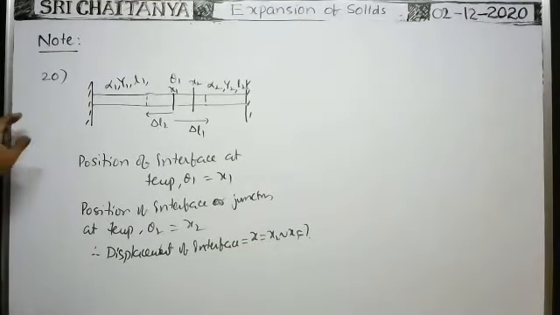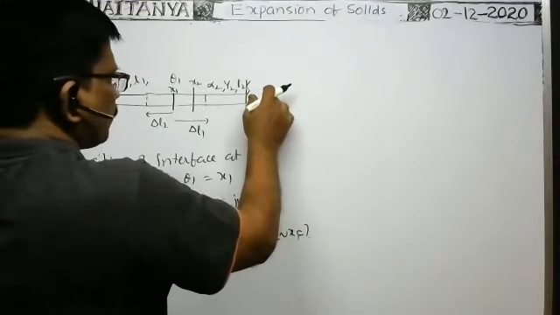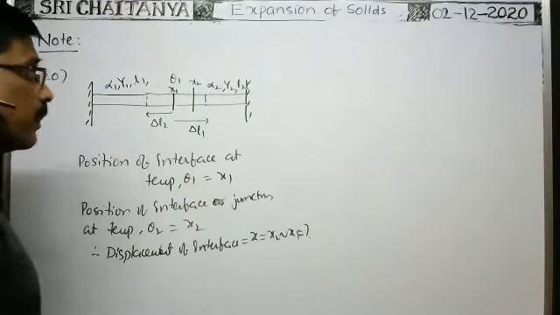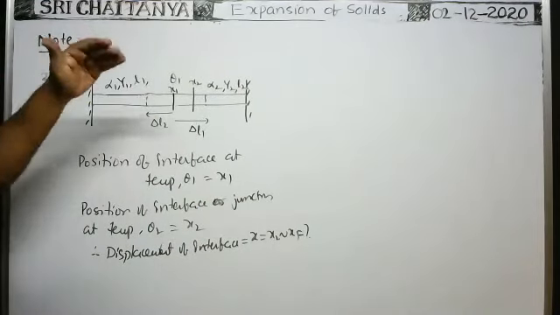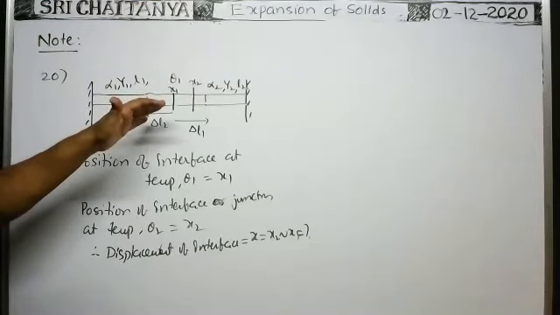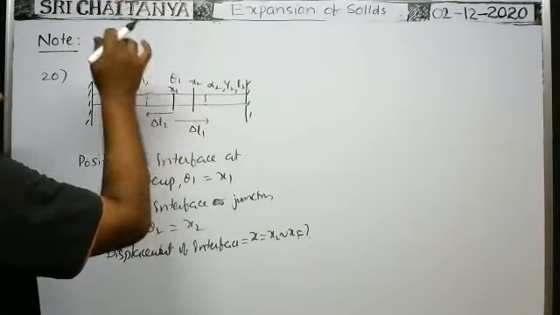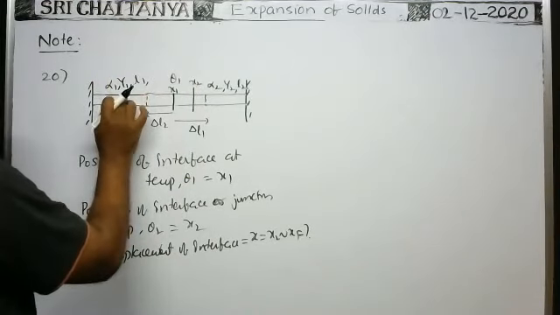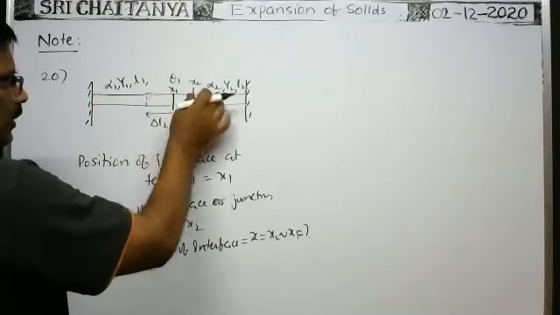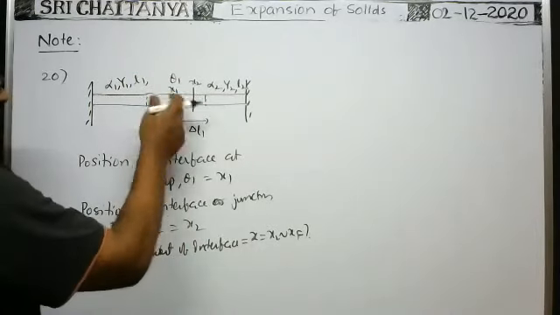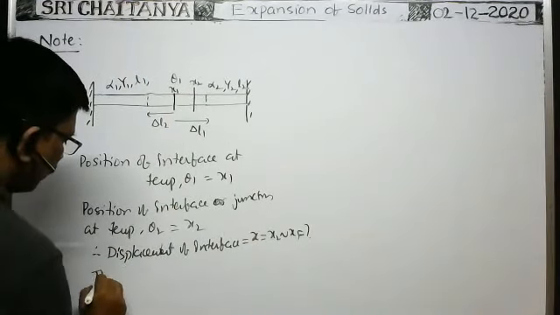Moreover, whenever the composite rod is heated, expansion takes place. But that expansion is compressed by these rigid supports. That's why in both the rods some tension is developed, which is called the thermal force. As these two rods are in series, because they are connected end to end, the same thermal force is developed here and the same thermal force is developed here. That's why the thermal forces developed in the two rods are the same. As the areas of cross section are also the same, the thermal stresses are also the same. Therefore, thermal force.